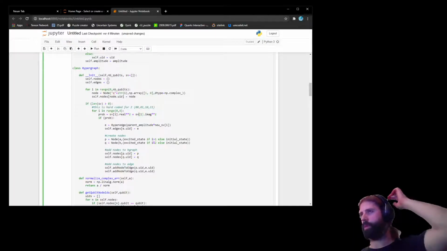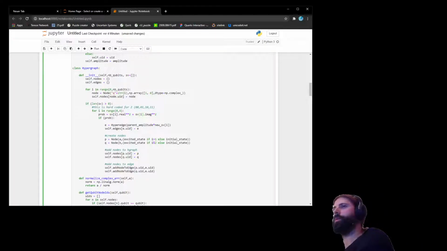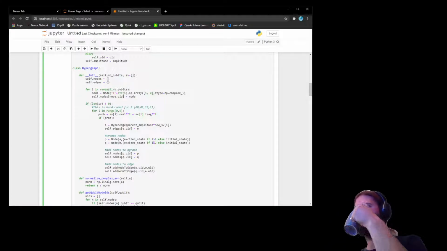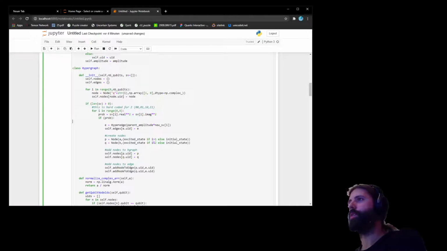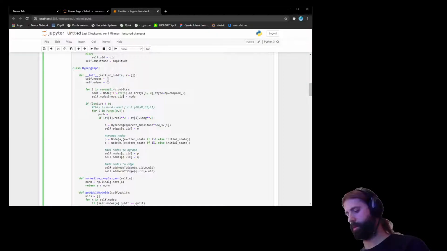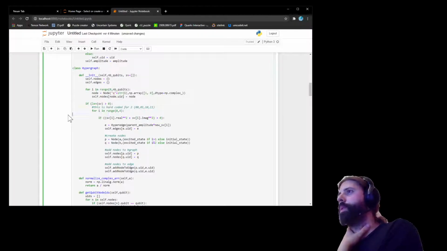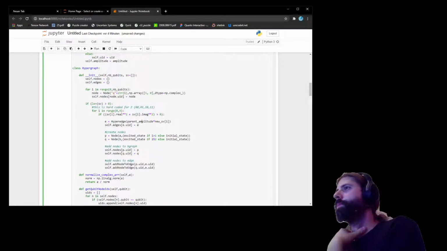So if the probability is non-zero, I don't know why I even do it like this, but if the probability is bigger than 0, then create a hyperedge with, just